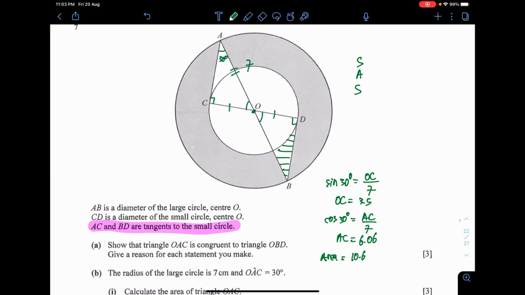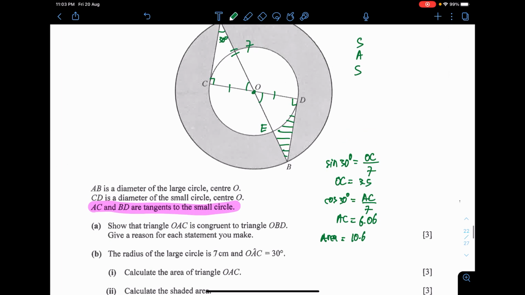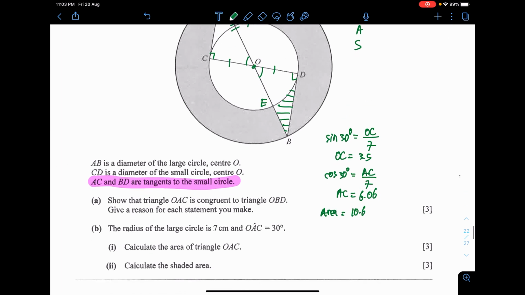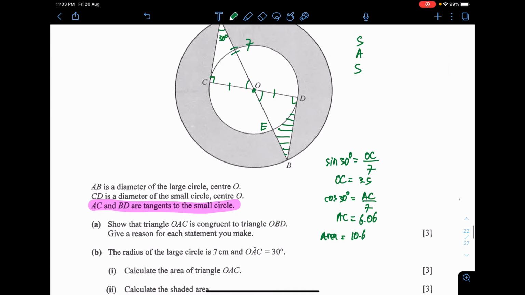To find out that part, my plan is to take the area of the triangle that we got, the 10.6, minus the sector. The sector OD. Let's name this as point E. Or you can tell them that it's a sector in the circle. By the way, this is 60 degrees and 60 degrees. I do know this because they are 90 degrees and 30 degrees on the other angles.